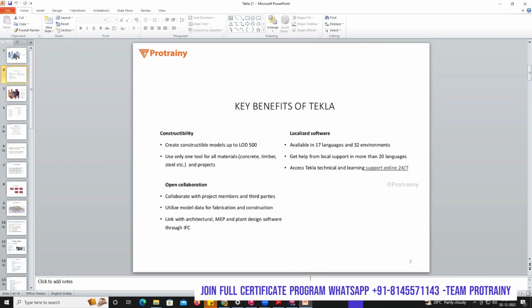I just want to give an elaborated look at what the benefits of TEKLA are. Even if you come to see here, you can get constructability, that is, level of detailing. What is the level of detailing? It just represents the detailed concepts you are going to handle in the working nature. Okay, once you have created a model in TEKLA like this,